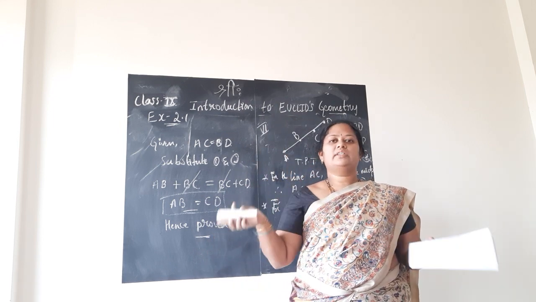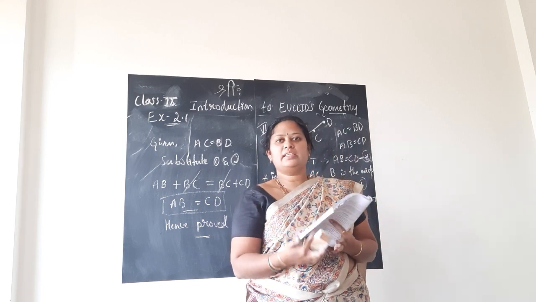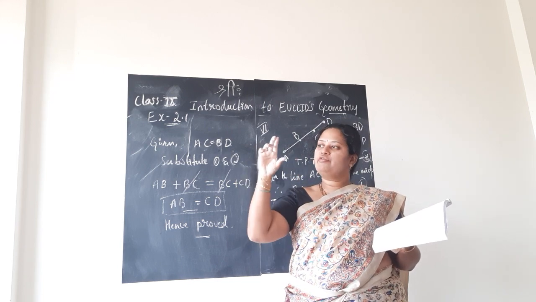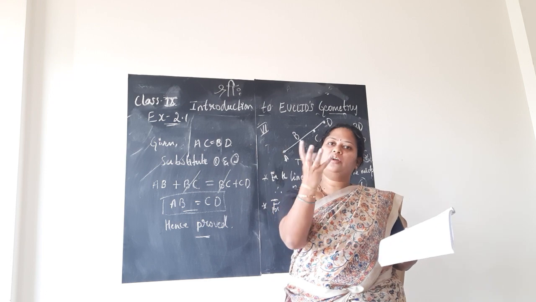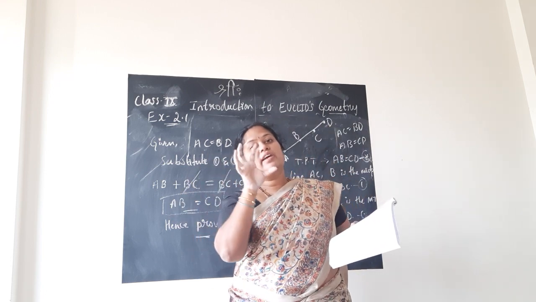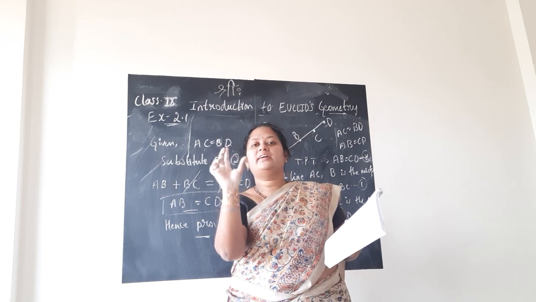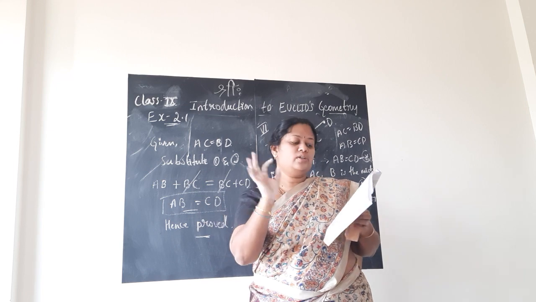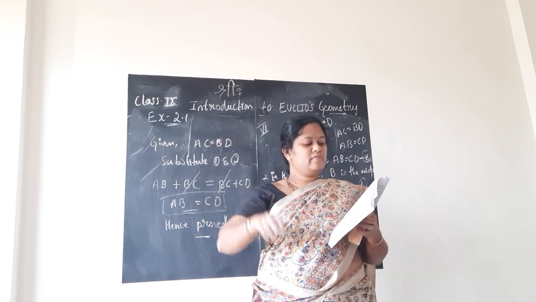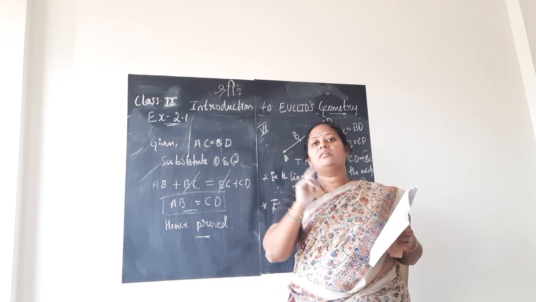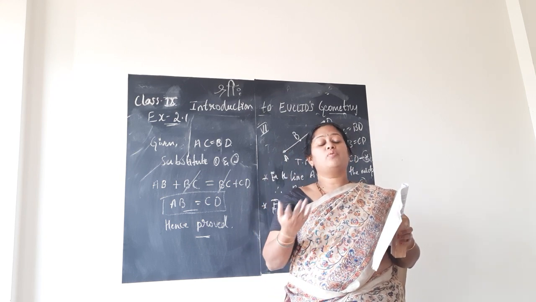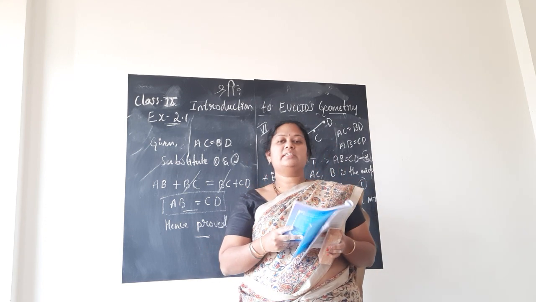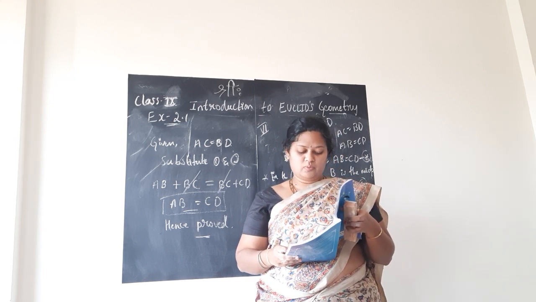Axiom 5, we know, is the whole is greater than a part. I said, if you take an apple and cut a small piece of apple, then of course that piece of apple is smaller compared to the whole apple. A part is always less than the whole, or the whole is always greater than a part. Like this, the axiom given by Euclid is considered a universal truth. So by giving any example of your own, please give justification to this statement, children. So this completes the first exercise, that is 2.1. Next,